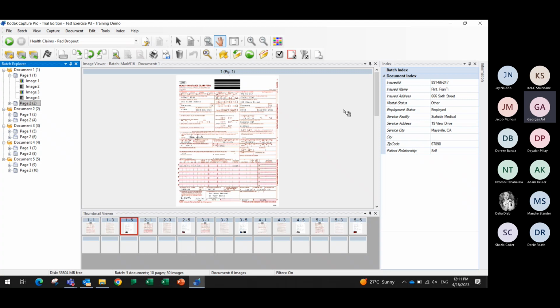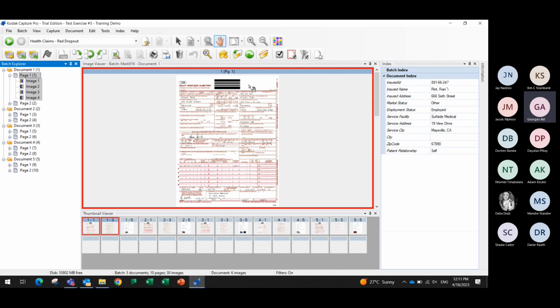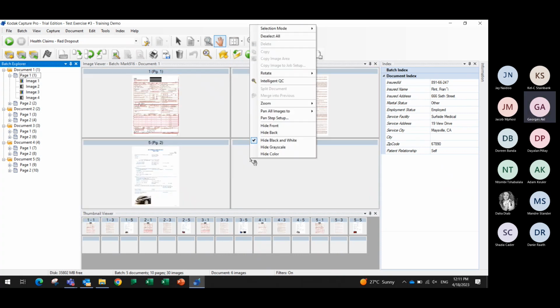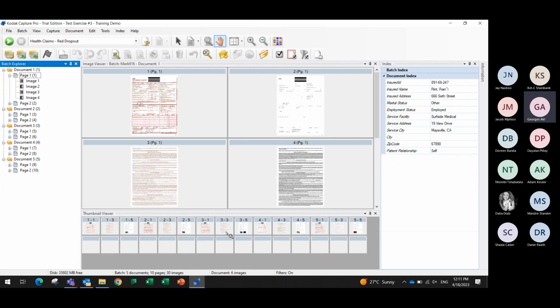So this pattern is just to identify that we have a type or the start of a document to do the separation. And this is our form, the first form that we are doing the extraction from. What I just did is hide the black and white, this option here and here. Why do we have black and white